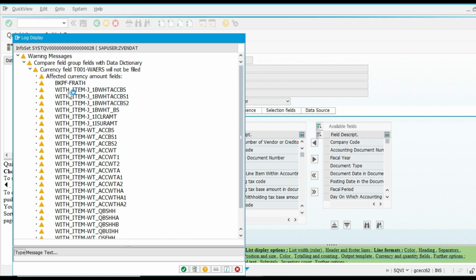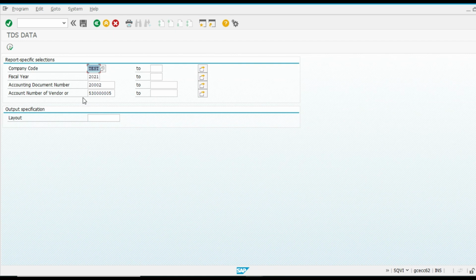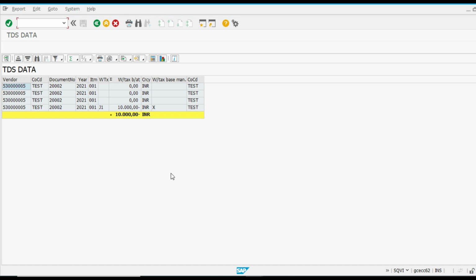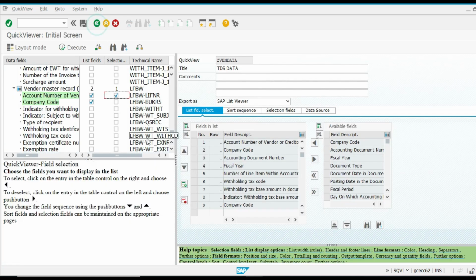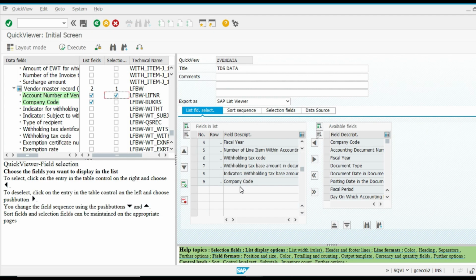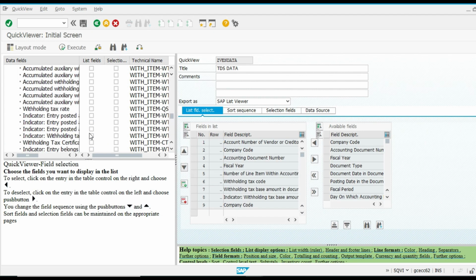So somehow some limitation is there because we cannot do as such like a BAPI, but definitely we can create a report and it will work for us. I think total data is not coming, so we have to check that also. Only such type of data is coming.